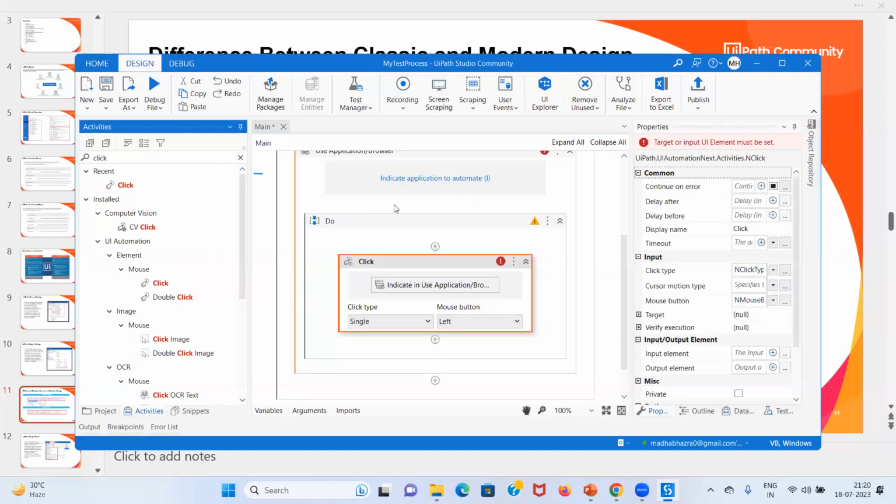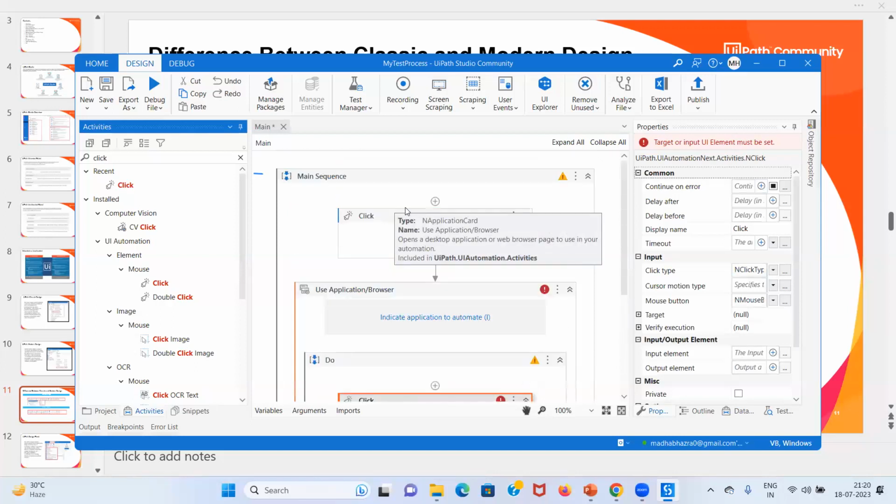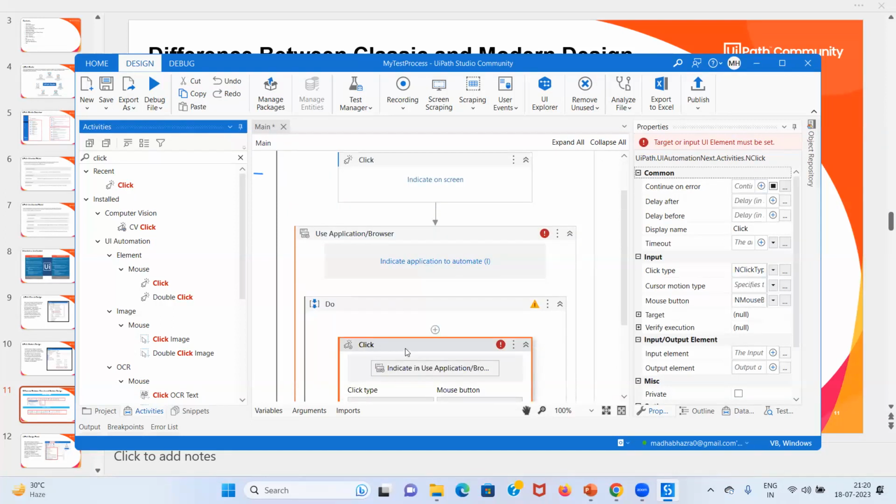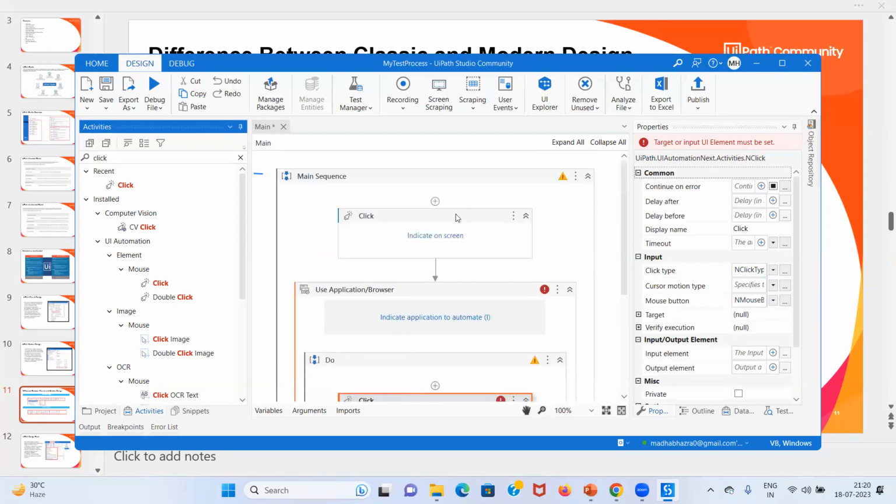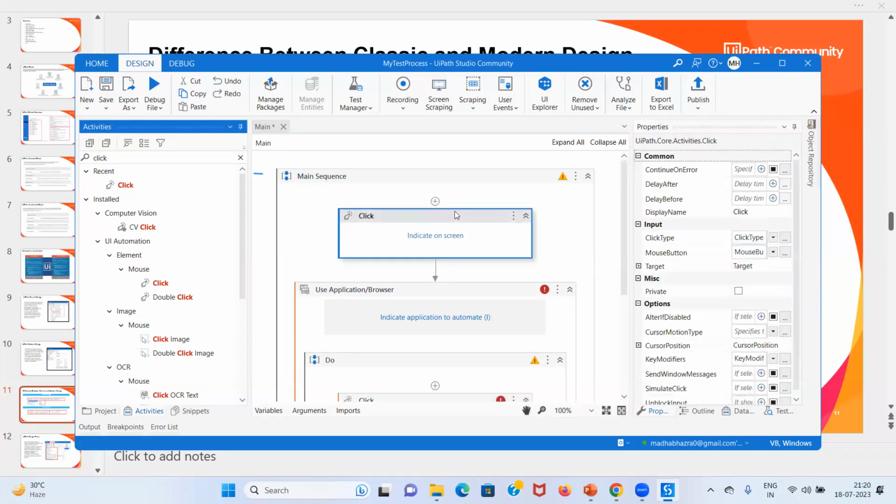Okay, so this is the main difference in this architecture, because that new modern design is like an integrated thing, and the classic one is older, but there are no hard and fast rules. As per what we are familiar with, we can use any of these. Okay,